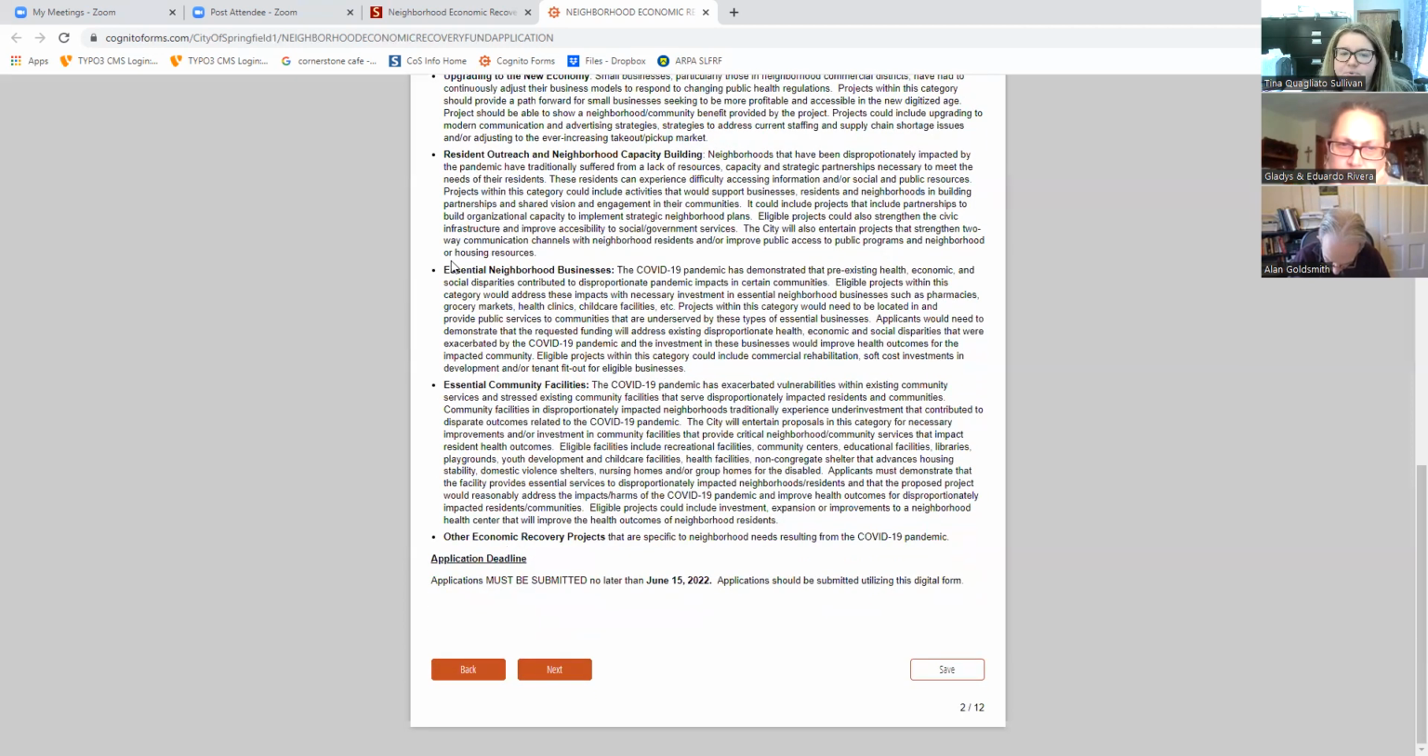The next eligible category is essential neighborhood businesses. This would be businesses that communities can't really function without, that you can't have a thriving, vibrant community without. Some examples of those would be pharmacies, grocery markets, health clinics, things like that. And it could potentially be,